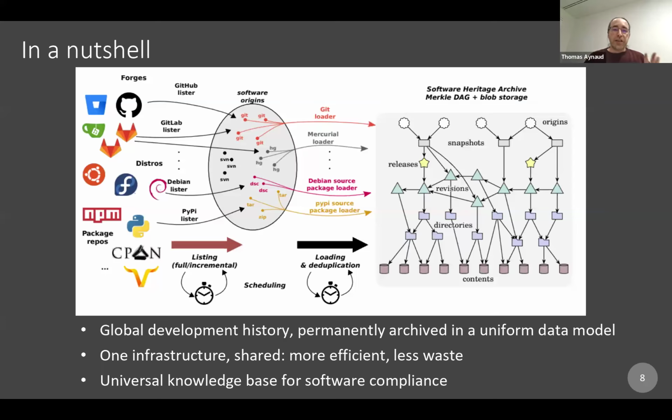So, in a nutshell, we have several bots, listers, which will connect to all the forges, all different kinds of forges, and make a big list of what we call the software origins. Then we have services called the loaders, which will go to all these origins, get the code and the history, and put that inside the object storage for the long-term storage of the source code files, and to what we call the graph to